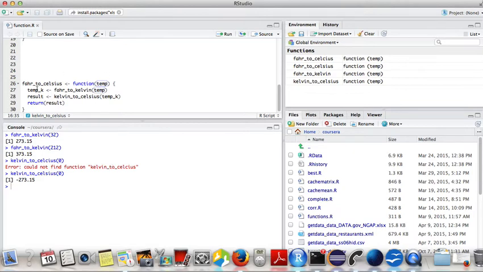We already have a function that converts Fahrenheit to Kelvin, and another function that converts Kelvin to Celsius. So we can just call those and use the value from the first function as input to the second function, and then we can calculate